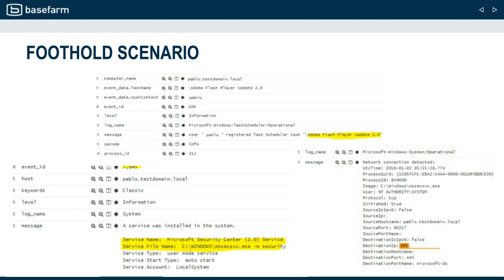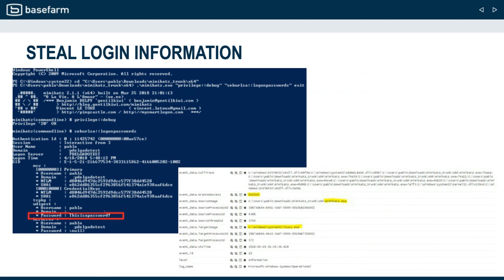And this is also something that could be seen as out of the ordinary, because a web server, in this case, generally speaking, is quite static. You install it, you patch it, you do some configuration changes, but you don't generally install new services on it. So that's also something that you would be able to detect here as out of the ordinary and act on. The attacker then runs a command called Mimikatz, which is a password stealing application,